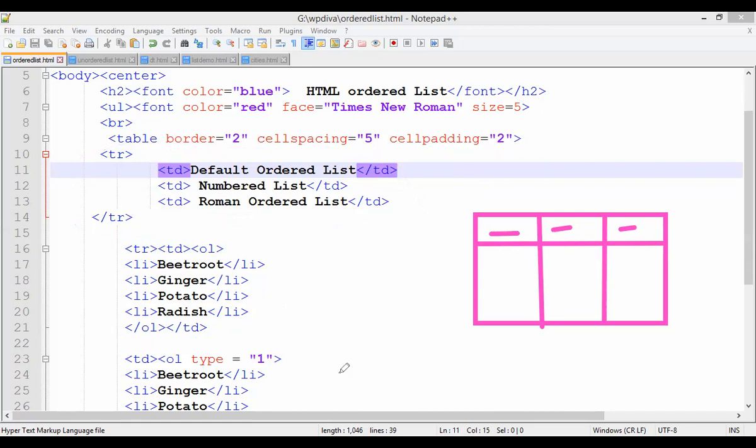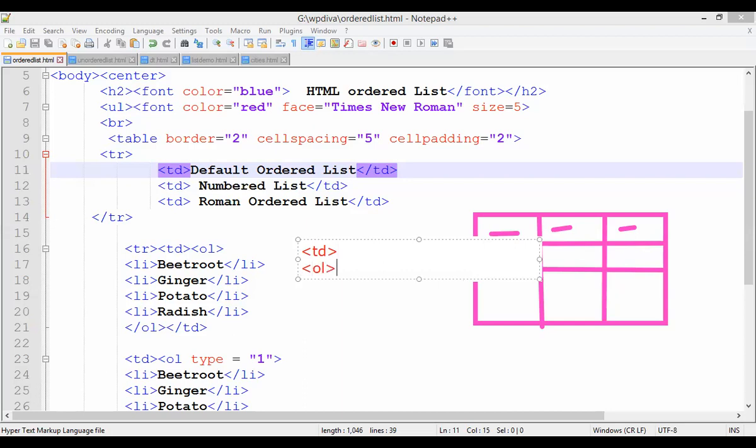So how are we going to create a second row? When I take a second row, that is a TR. So here my second row is added. Fine. So after adding the second row, what is going to happen? I have to go on adding the columns. So in my first TD, what I'm doing here, see, when I take what? Second row, in that second row, TD is nothing but what? The cell. In that cell, what I'm going to do? I'm going to take an ordered list.